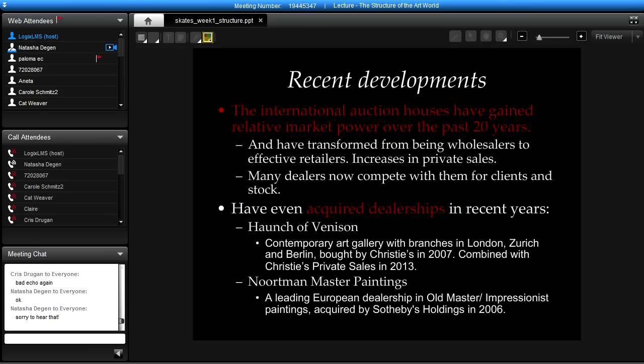So I will also talk about some other recent developments. In addition to the rise of China, we've also been seeing auction houses in general gaining relative market power over the past 20 years or so. Until the 60s, pretty much, auctions were really a wholesale bet. Whereas,